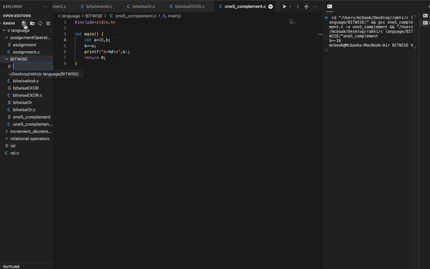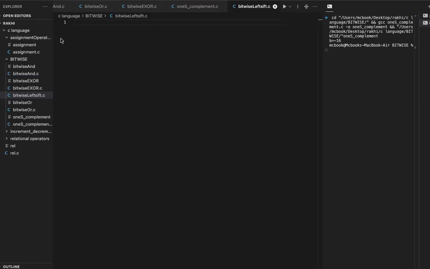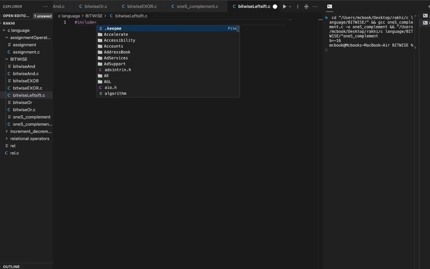Now we are doing the double right and double left shift bitwise operators. It is very easy, we can understand. First of all, we include a library. You can see easily what we are doing in that program.